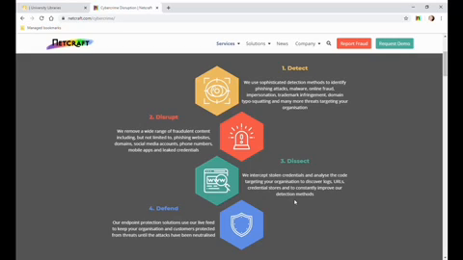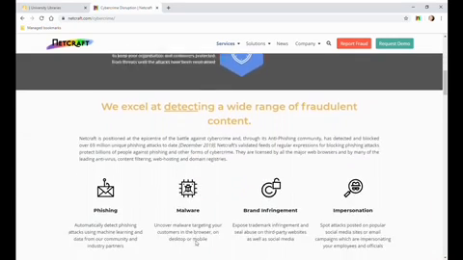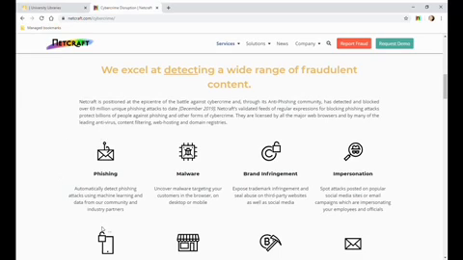Third step is dissect. They intercept stolen credentials and analyze the code targeting your logins, URLs, confidential stores, and consistently improving the detection method they use. Fourth is defend. Netcraft endpoint protection solutions use the live feed to keep you protected from threats until the attacks have been neutralized. Netcraft protects against a wide range of fraudulent activity, including phishing,